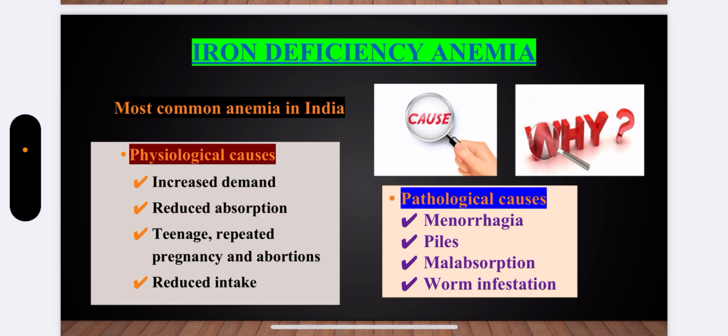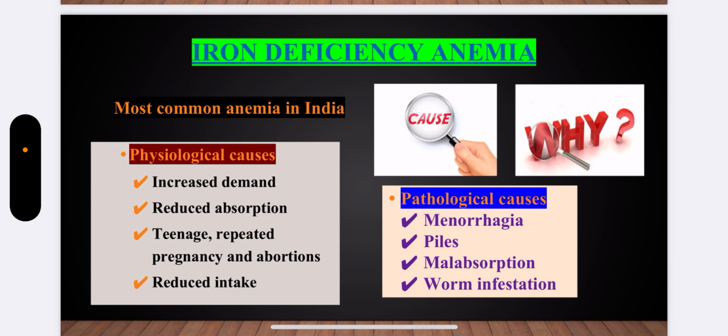So iron deficiency anemia, it is the most common type of anemia which is seen in our country, in India. It can occur because of certain factors. First of all, we'll discuss physiological reasons. After that, we'll jump to the pathological causes. Among the physiological causes, first is increased demand. Now this increased demand, it can be seen in case of adolescent girls, during menstruation, in case of pregnant females